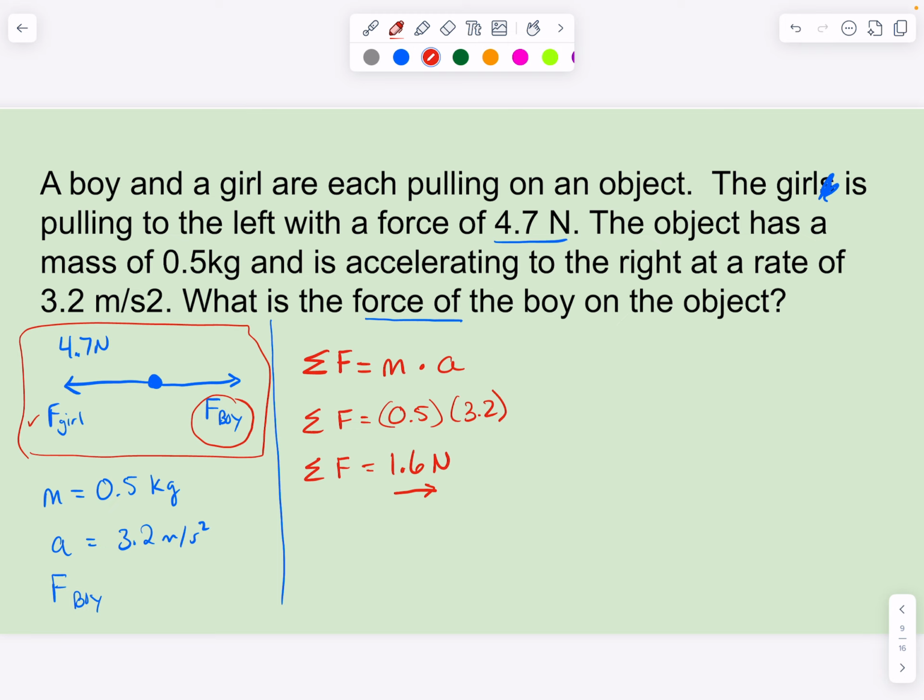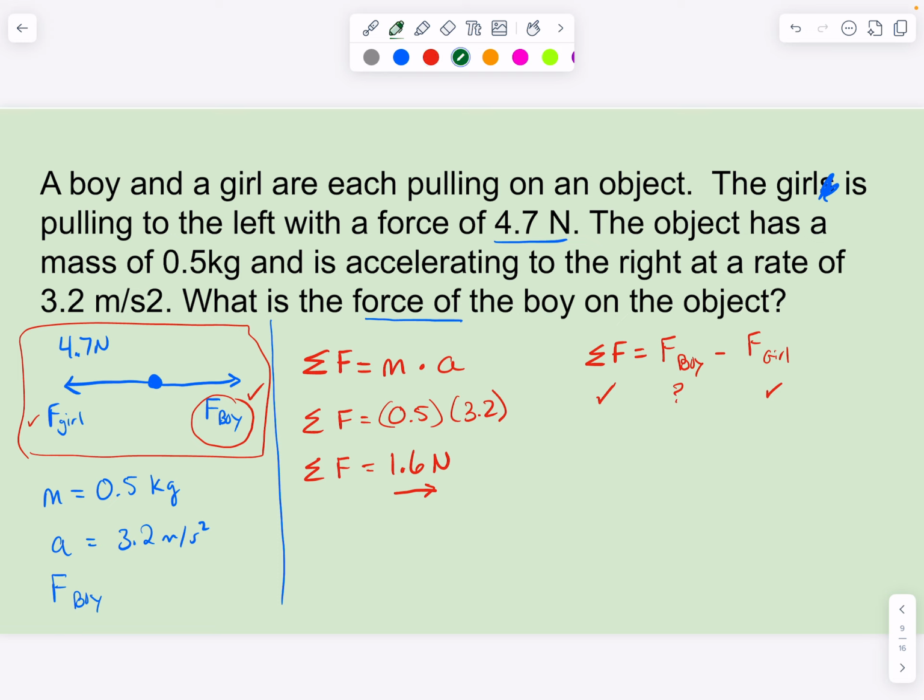Now we want to find the force of the boy. Well, the force of the boy is part of the overall net force. And we find that generally from prior lessons, the net force is found by doing the force on the right of the diagram, or on the upper part, the positive force, which is the force of the boy minus the force of the girl. That's the sum of the forces acting in this situation here. Well, I now have a net force. I also have the force of the girl, so I need to find that one.